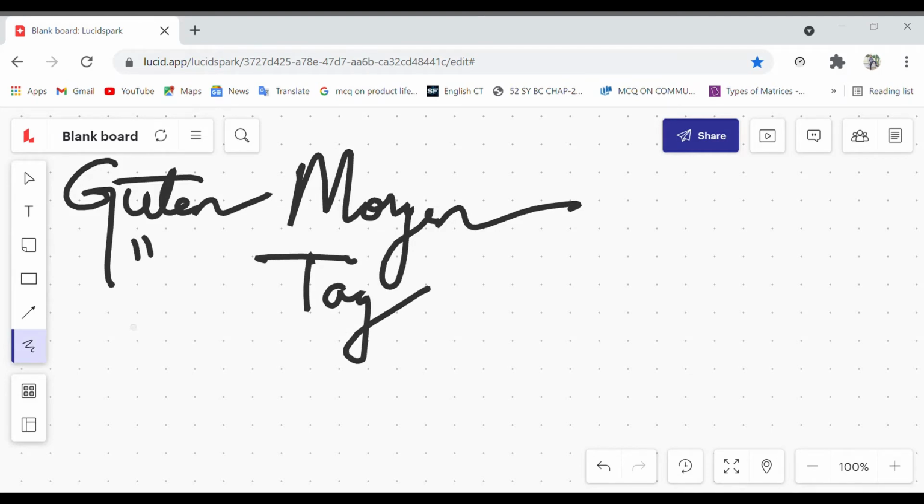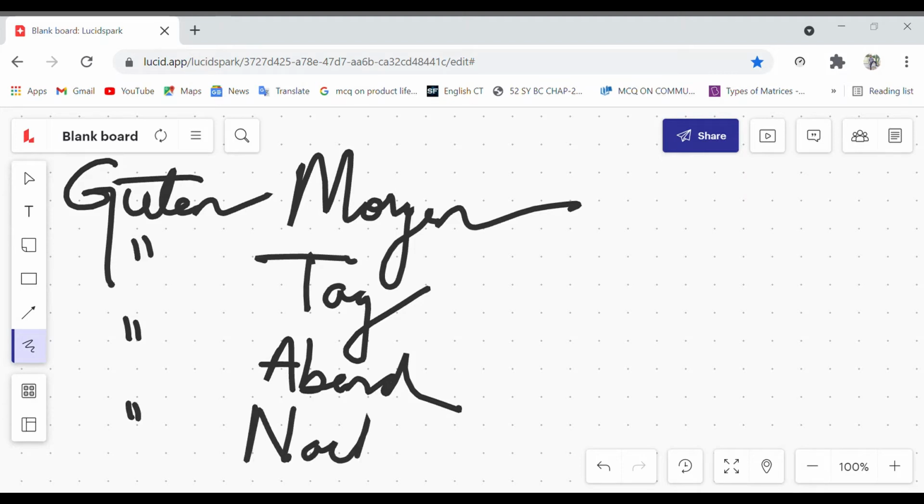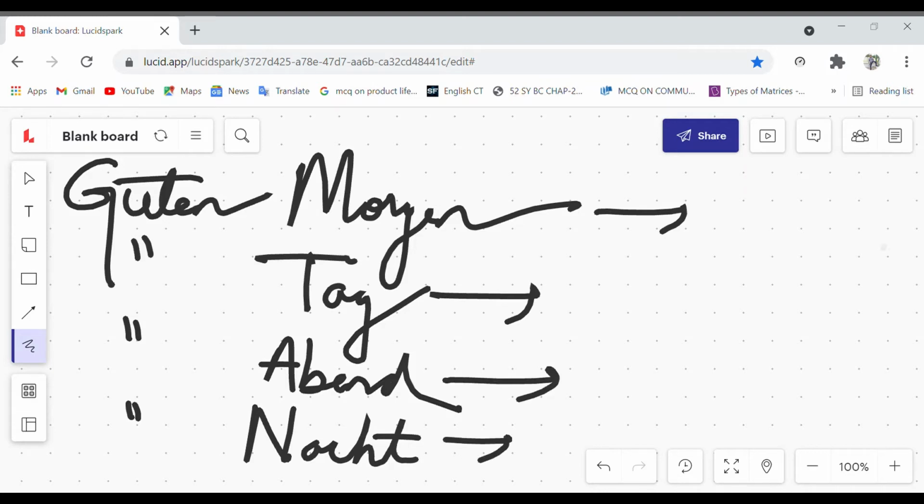For good evening, we use Guten Abend. And for good night, we use Guten Nacht. Just write it in your notebook, what all these are.